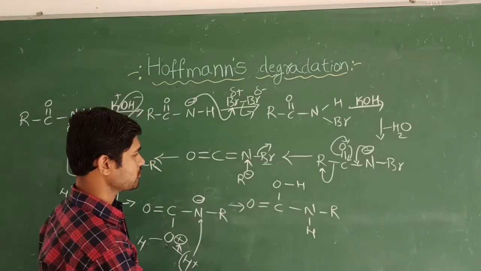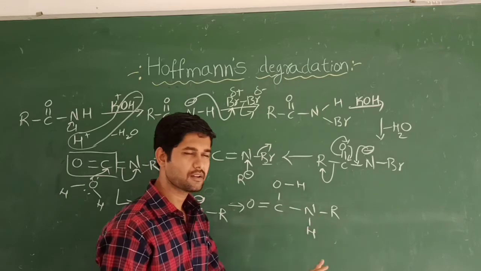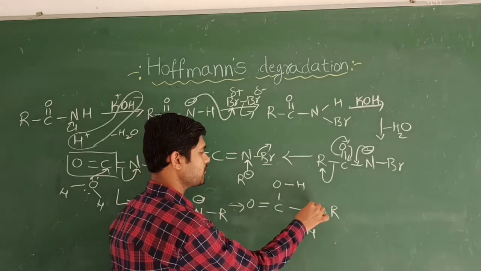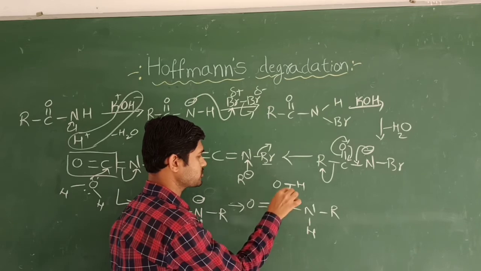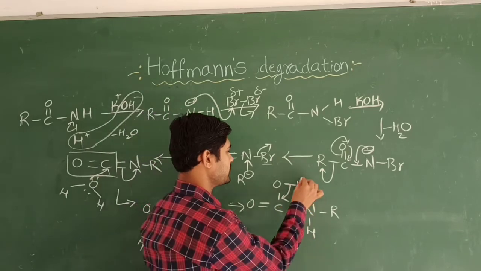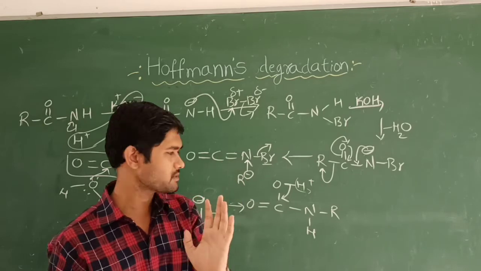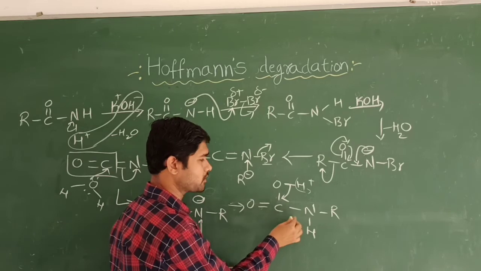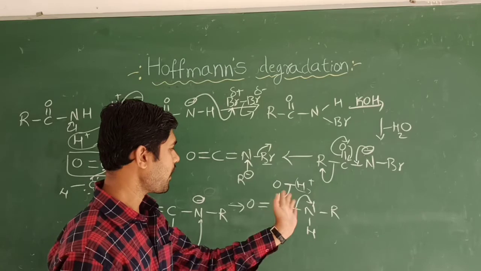So now what happens? In order to get the primary amine, we are in the last step, because we already got the R, N, H. Remaining, we want hydrogen; only hydrogen is required. So this hydrogen will come to this hydrogen. How? This bond is shifting towards the oxygen atom, because once again of the electronegativity. When this hydrogen leaves from the oxygen, it acts as H plus, and what happens? Now carbon becomes 1, 2, 3, 4. This is the extra bond. This bond gets migrated towards the nitrogen atom. Then it becomes RN minus.